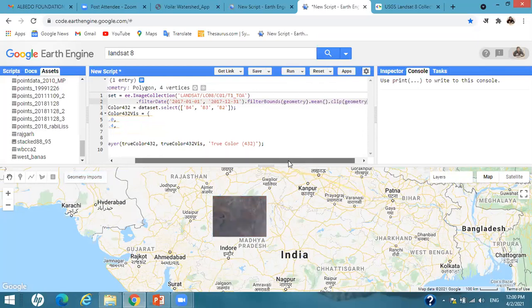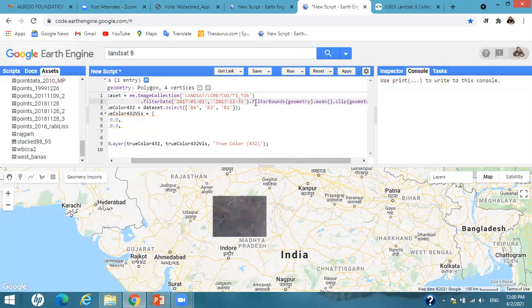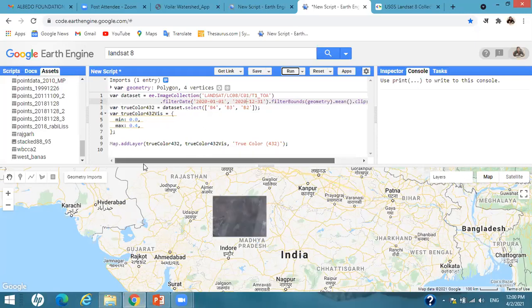So just by adding a few lines or a few words, you can get your data set. This is the image for 2017. If I want to get the image of 2020, I just have to change the year, and with a single click I will get the image of 2020 only. So this is how you can use this platform, not only for processing. If you don't want to process anything in Google Earth Engine but want to download the dataset, you can do it by adding a few lines of code, and you can display the datasets accordingly.